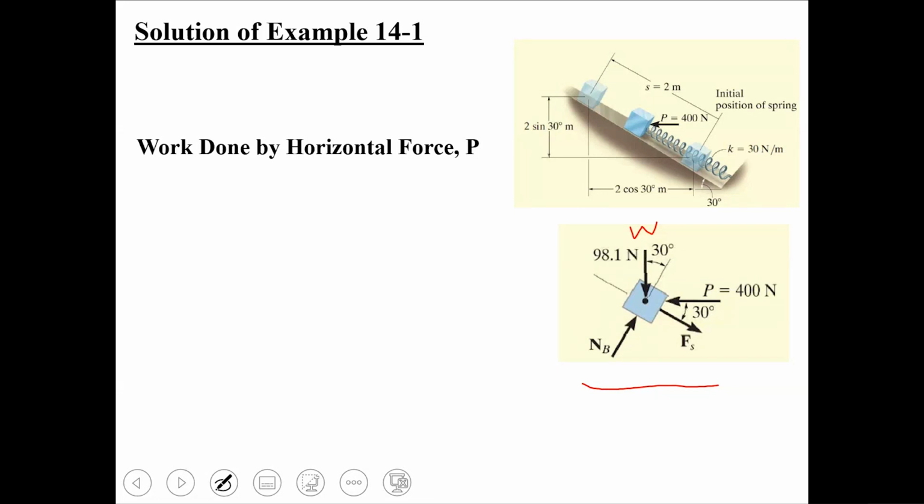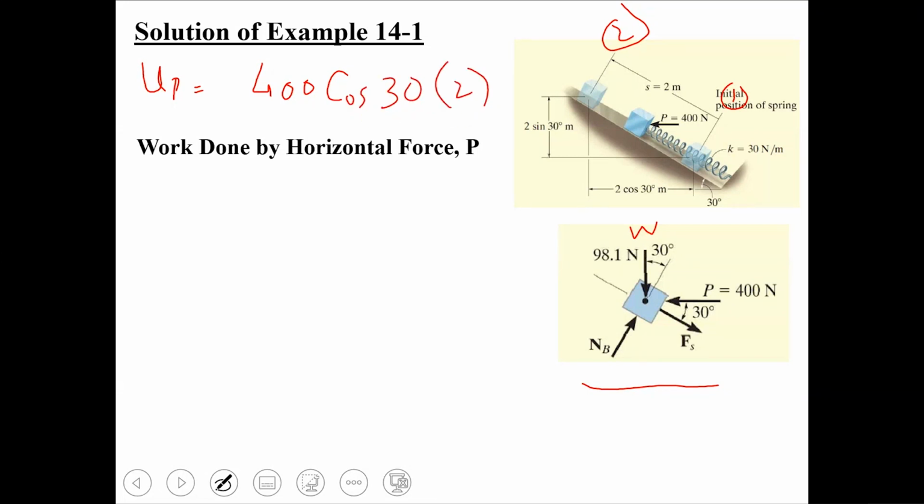What should be the work done due to this horizontal force P? Can any one of you tell me? P into horizontal जितना distance हमने cover किया सर वो 0.5 cos 30 आएगा. This is our position number 1. This is our position number 2. So from 1 to 2, what is going to be the work done due to this applied force? It is going to be that applied force multiplied by displacement. However, since P and S are not along the same axis, so either we are going to consider the component of P along the direction of displacement, or we are going to consider the component of displacement in the direction of force. So as per our discussion, it is going to be 400 cos of 30